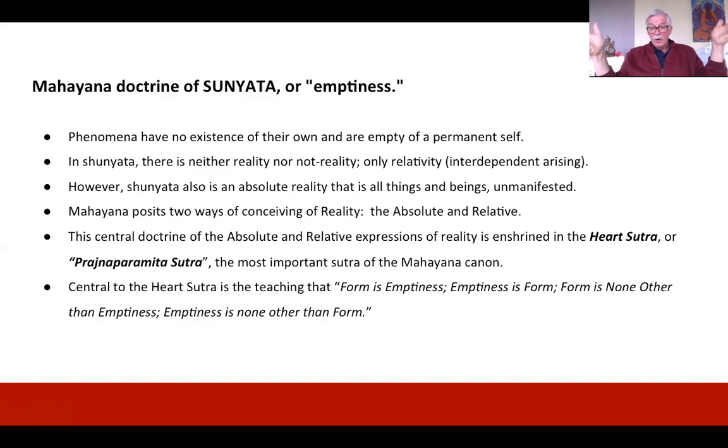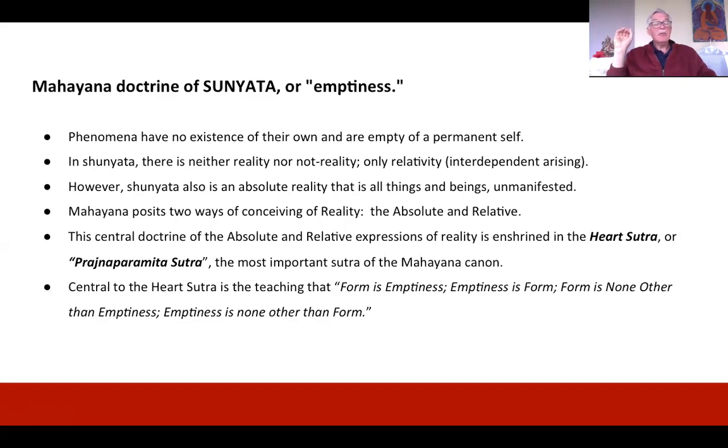Right? We're experiencing them, so they must have some kind of existence. Mahayana then posits two ways of conceiving of what's happening to us, our reality. The absolute, which is something's happening, even though we don't know quite how it's happening, and the relative, which is the ordinary, object-oriented way we experience reality. Okay? The central doctrine of the absolute and relative expressions of reality is enshrined in the Heart Sutra, or the